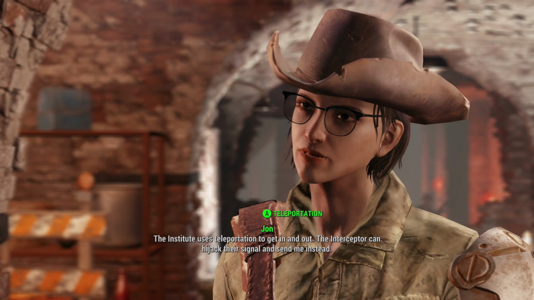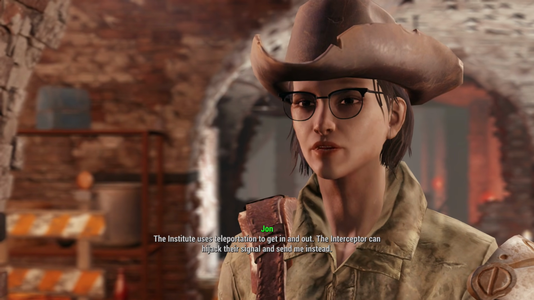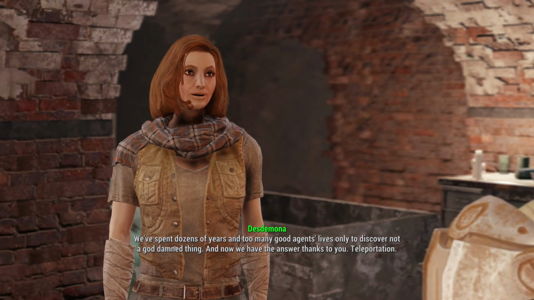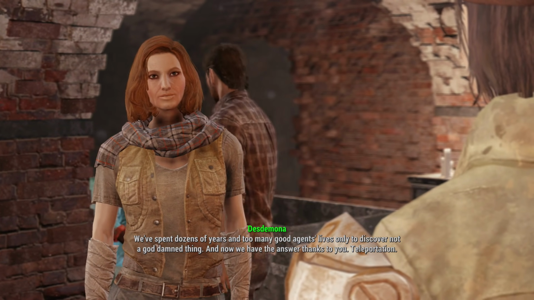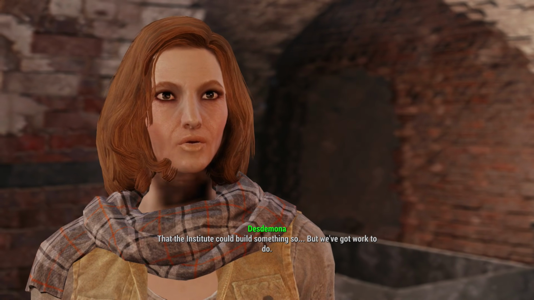Teleportation, would you believe? The Institute uses teleportation to get in and out. The Interceptor can hijack their signal and send me instead. We've spent dozens of years and too many good agents' lives only to discover not a goddamn thing. And now we have the answer, thanks to you. Teleportation. That the Institute could build something so...